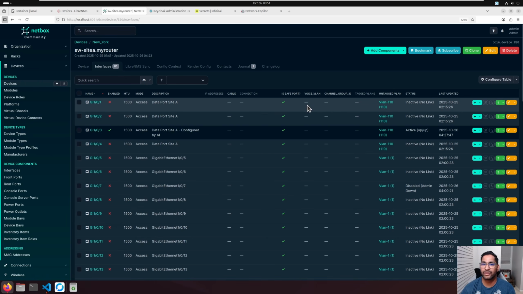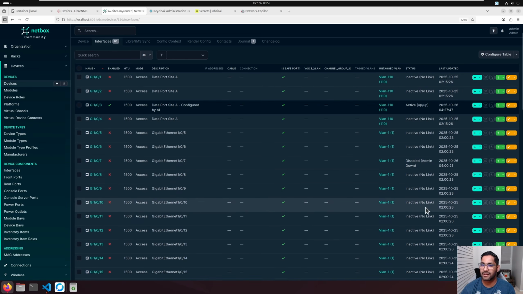So whether it's green, red, voice VLANs, channel group ID if it's part of a port channel, tagged VLANs if it's a trunk port that has only certain VLANs allowed, then untagged VLANs if it's like an access port, VLAN 1 meaning there's no configuration on there. Then the status will show the current status of the interface on that device, and then last updated,